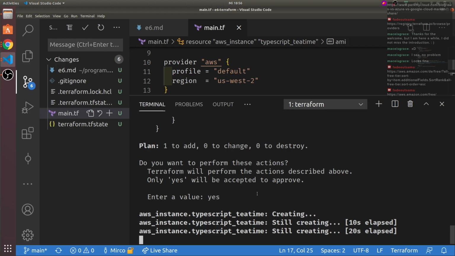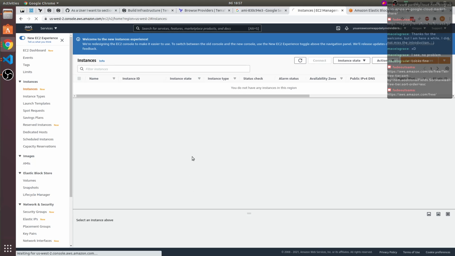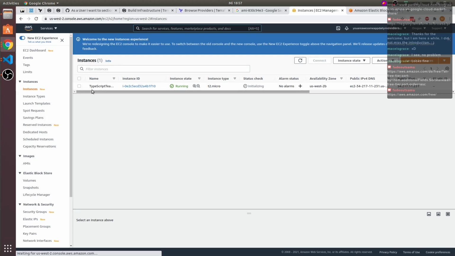Yeah, for an EC2 instance, I think most of the time it took like 30 seconds. Yeah, 31 seconds here. And that's it. Let's look at it. So I can reload here. Oh, I could also have clicked that button. And there it is. We now have a server running